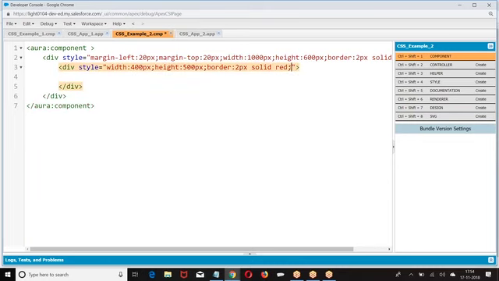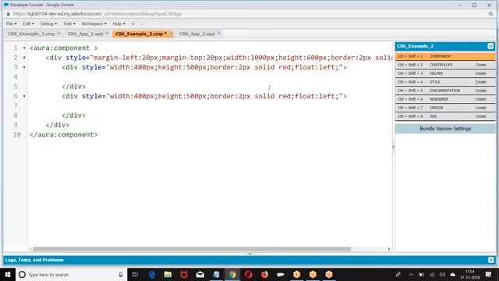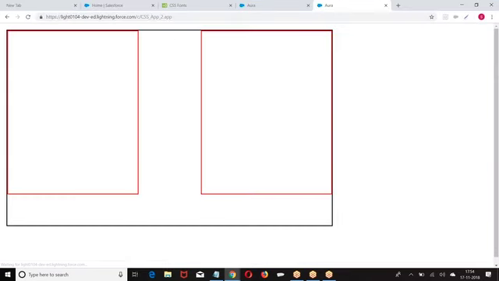Then float left. The same story I give. We have created two components, right? Float left, float right. We are just dividing the section.